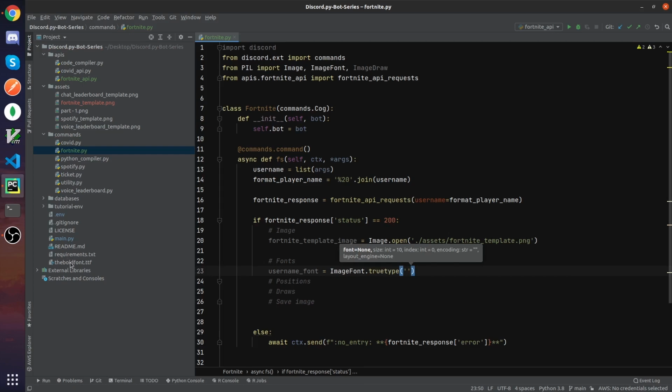Please ensure not to delete those files because you will be required to put them in. Just in case you don't like the font, go ahead and find another one from the internet that you feel comfortable with. Then you can replace that font in here and make sure to replace the name as well. Mine is called the bold